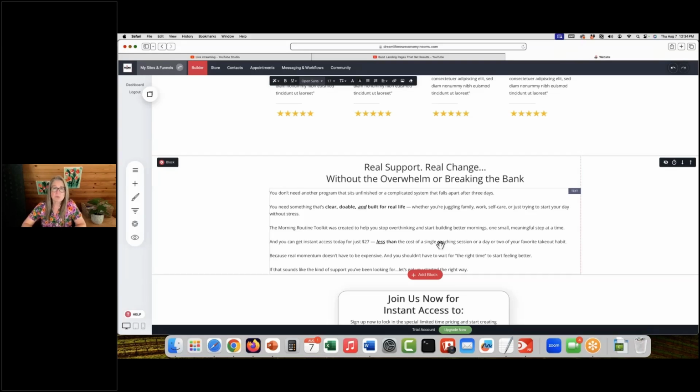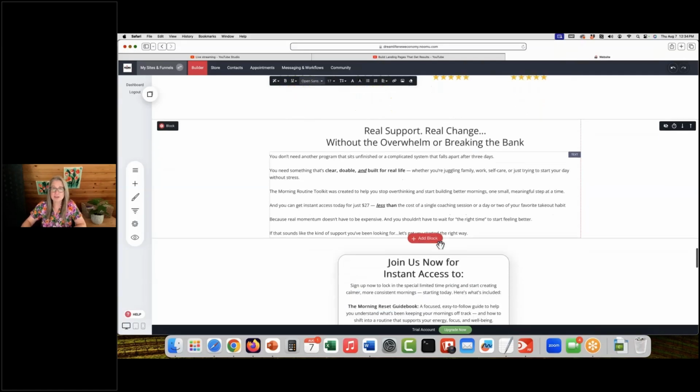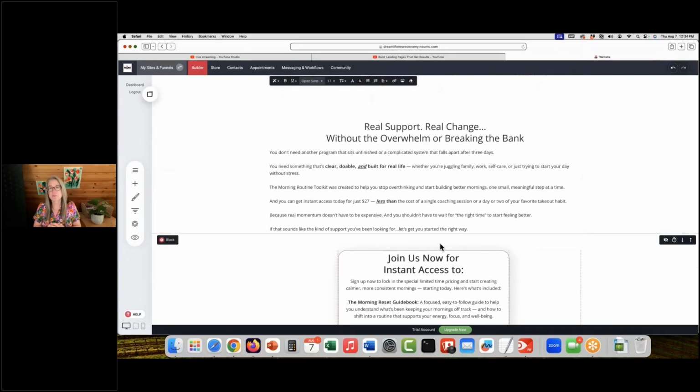So it says real support, real change without the overwhelm or breaking the bank. You don't need another program that sits unfinished or a complicated system that falls apart after 3 days. You need something that's clear, doable, and built for life, whether you're juggling family, work, self-care, or just trying to start your day without stress. The Morning Routine Toolkit was created to help you stop overthinking and start building better mornings, one small, meaningful step